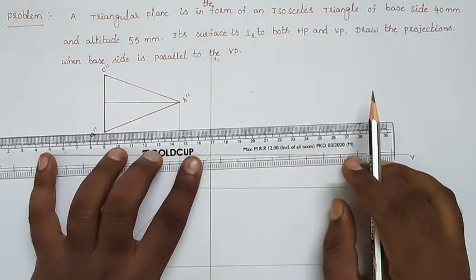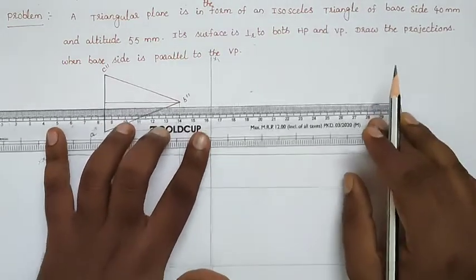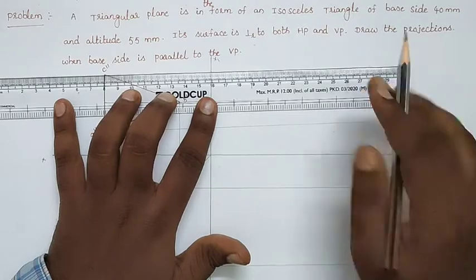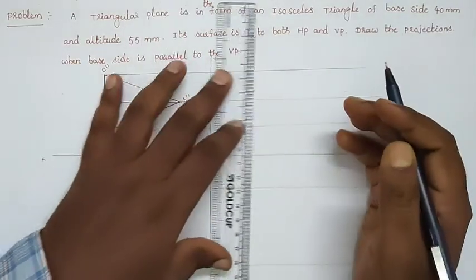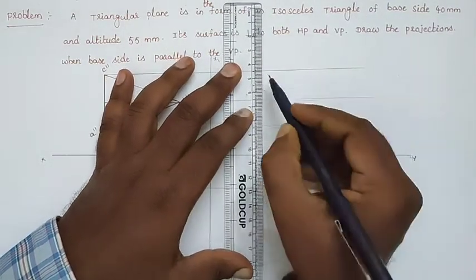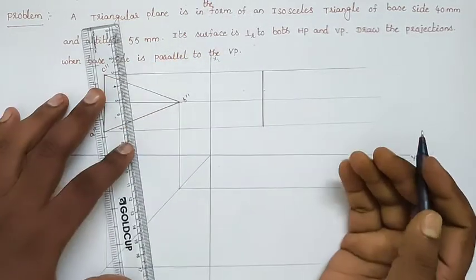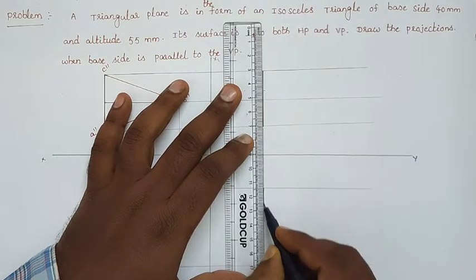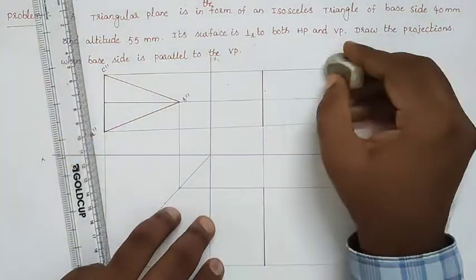Similarly, in the front view direction also we will draw the horizontal projection lines. So belonging to the side view, we will get the front view. We know that whenever a plane surface is perpendicular to both HP and VP, the front view is obtained as a line, so we will draw a line perpendicular to the reference line. Through the front view direction, extending this downward, we draw the top view. So this is our top view of our projection. Like that we will construct the diagram.